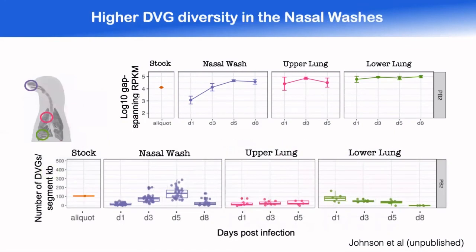We also see that the DVG diversity is much higher in the nasal washes than it is in the lower lungs. And we see this with a higher diversity over the course of the infection in the nasal washes. But what was really interesting is that with these ferrets, we know how sick they get over the course of the